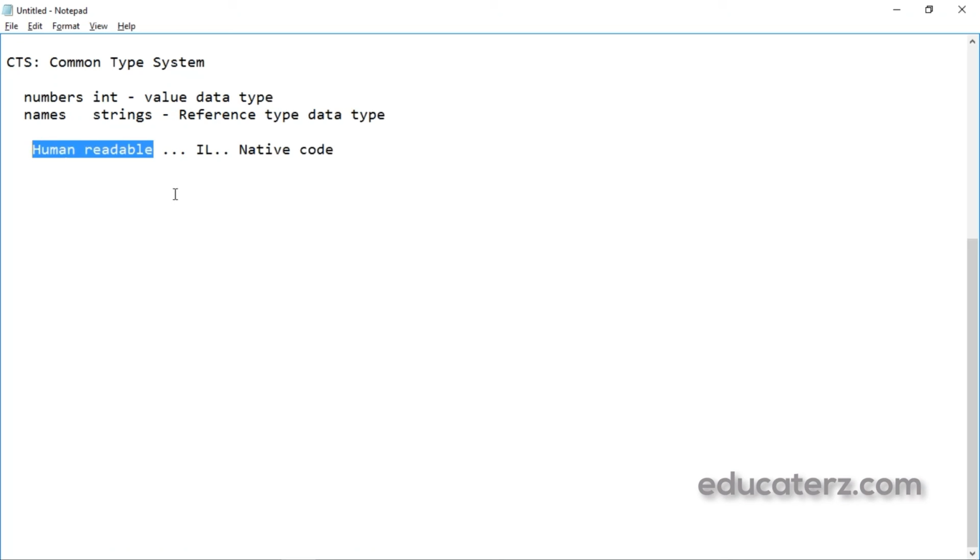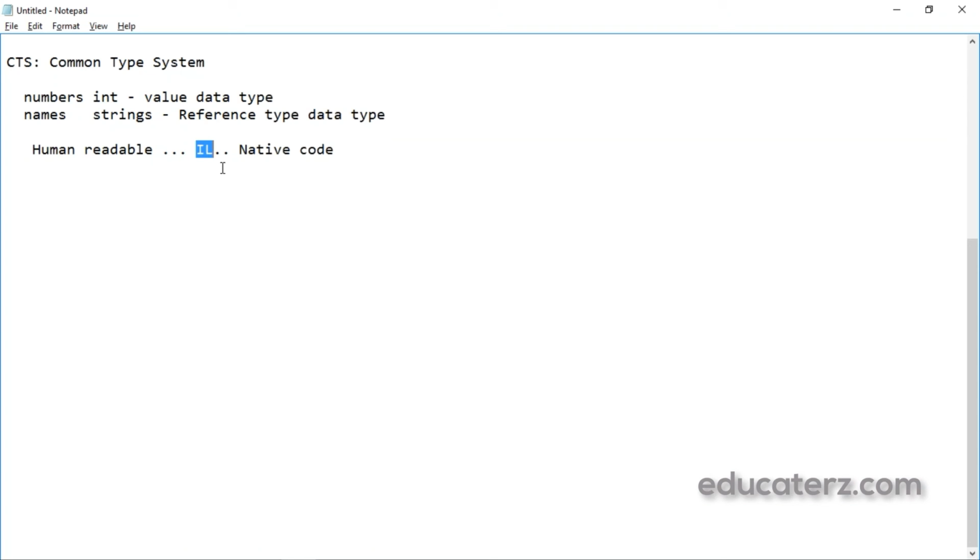This can be readable by human, this can be readable by machine, and this cannot be readable by neither machine nor human. So you have written a C# program and then converted that code into IL. Then this intermediate language can be converted into native code. So that's the common type system.